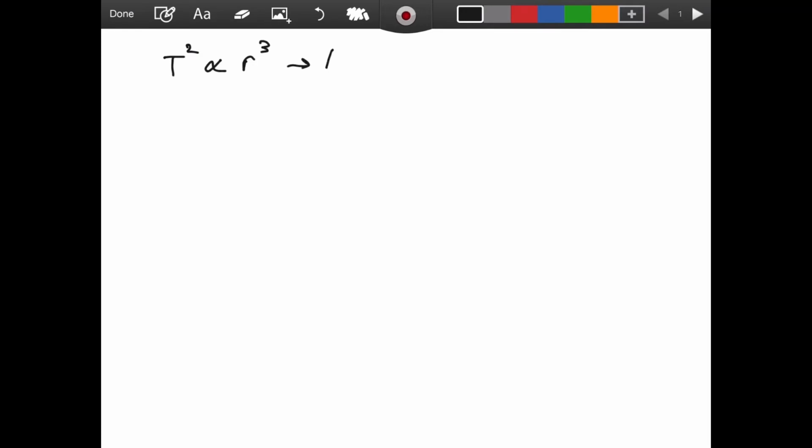Welcome everyone. In this video we will prove Kepler's third law, which states that the square of the period is proportional with the cube of the radius. Of course, I need to give some context for you to be able to understand what this proportionality means. So this law, Kepler's third law actually,